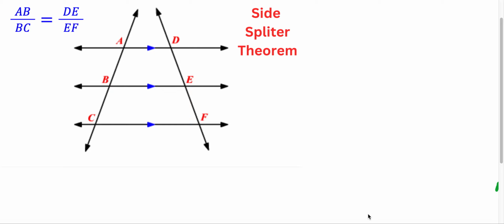So let's prove the proportion AB over BC is equal to DE over EF. First of all, let's check here. Let's find out whether quadrilateral ABED is similar to quadrilateral BCFE. To see that, on the one side the three lines are parallel, so we already know the corresponding